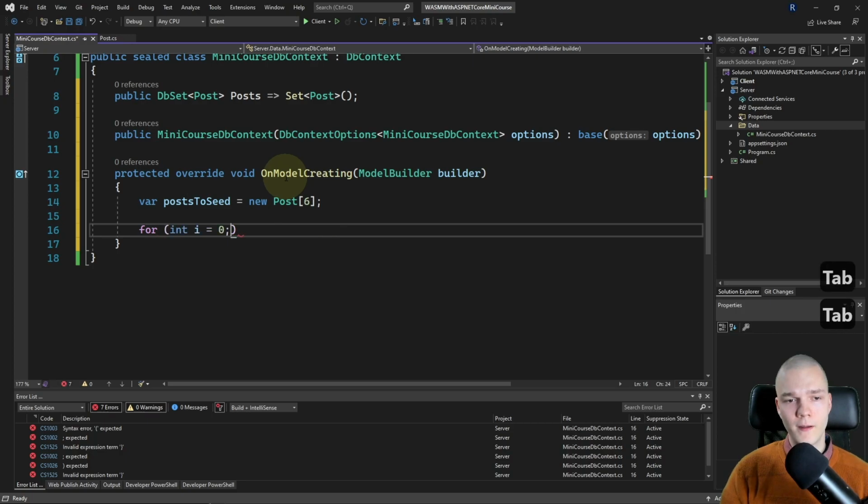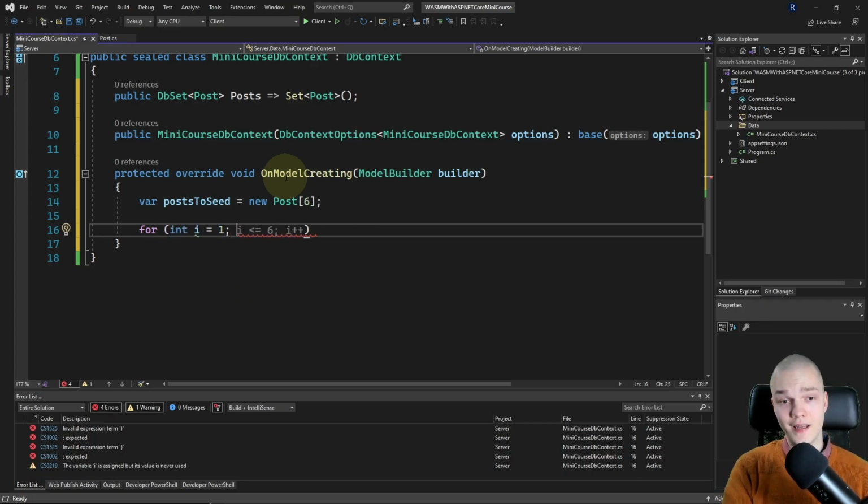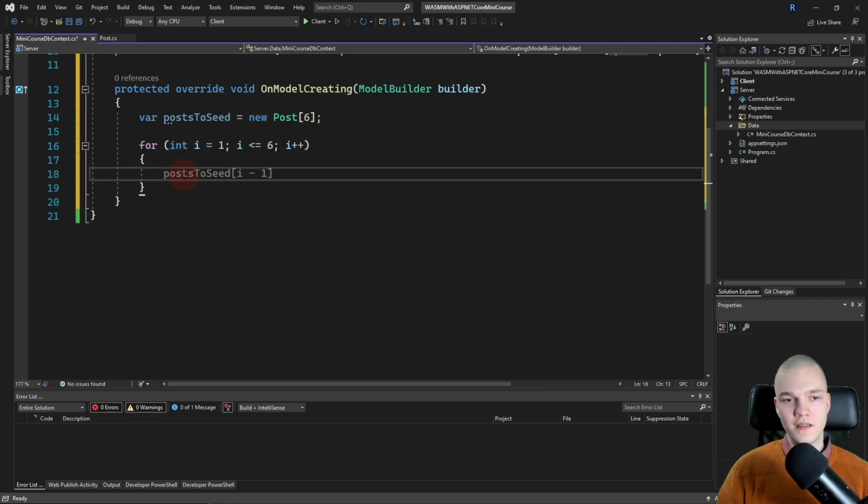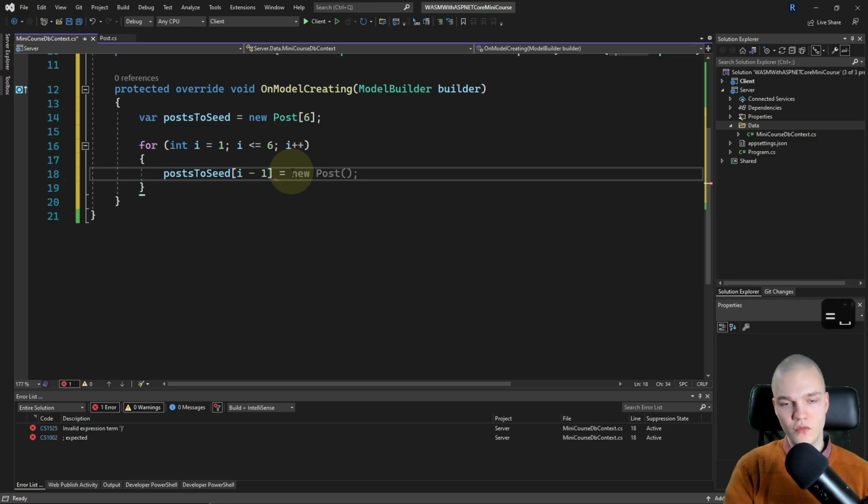So for int I equals 1, and as long as I is smaller or equal to 6, I want to increment I. And then for the body, I'm gonna set the posts to seed at the index of I-1, right, 0 based, to a new post.